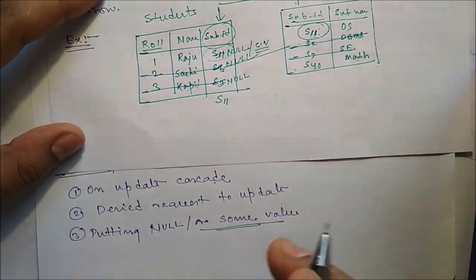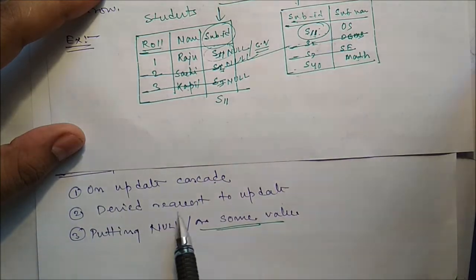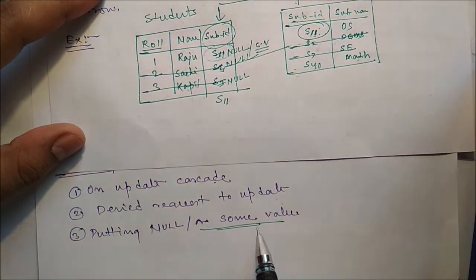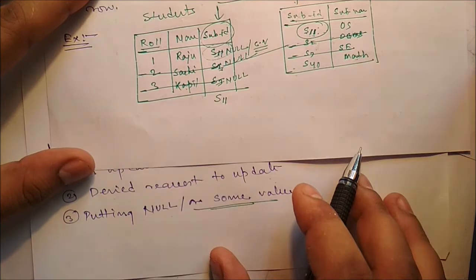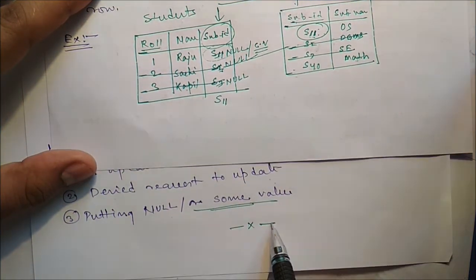Are you getting this one? So on update cascade, denied request to update, and putting null or some value. And that is the end of this particular video. In the next video, we'll discuss